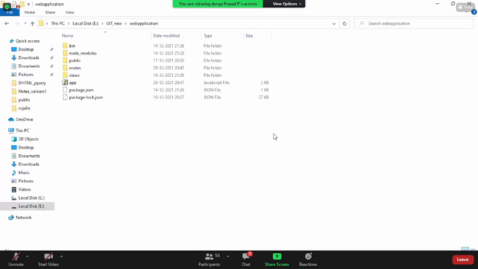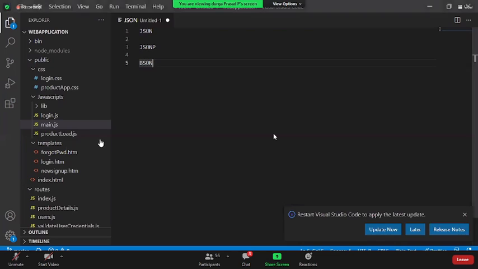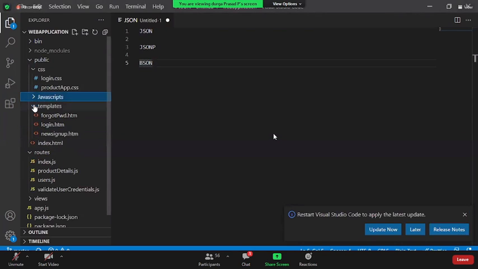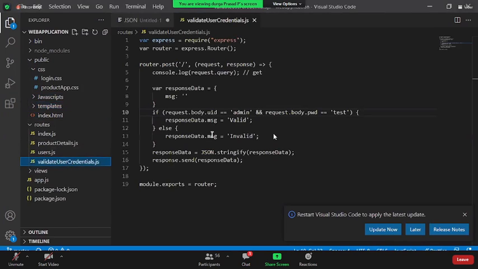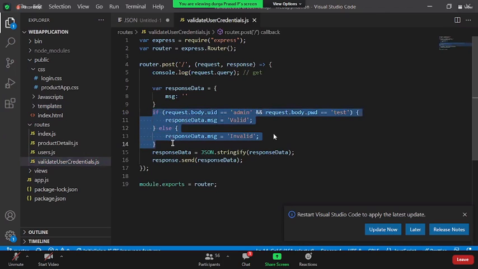Okay, so let us get back to our web service. We already created one web service called validate user credentials. Under this, we are hard coding the data, admin and password as test. I don't want to do this. We need to create a communication to the Mongo database.